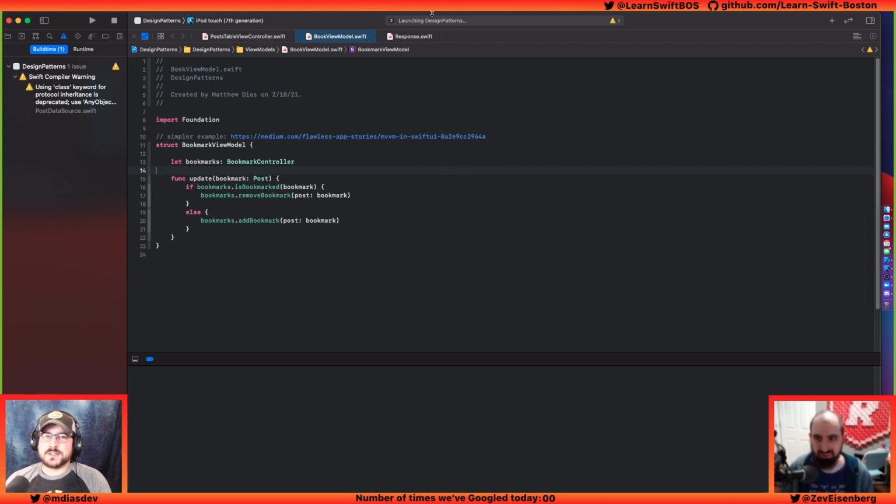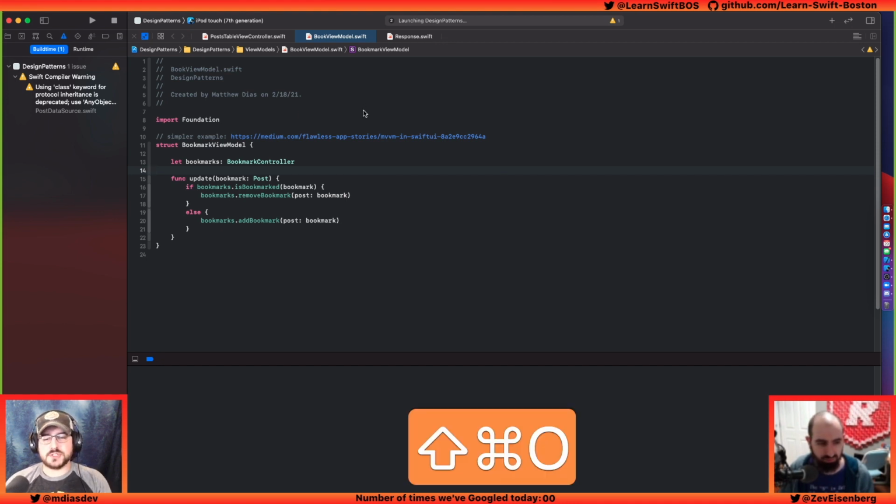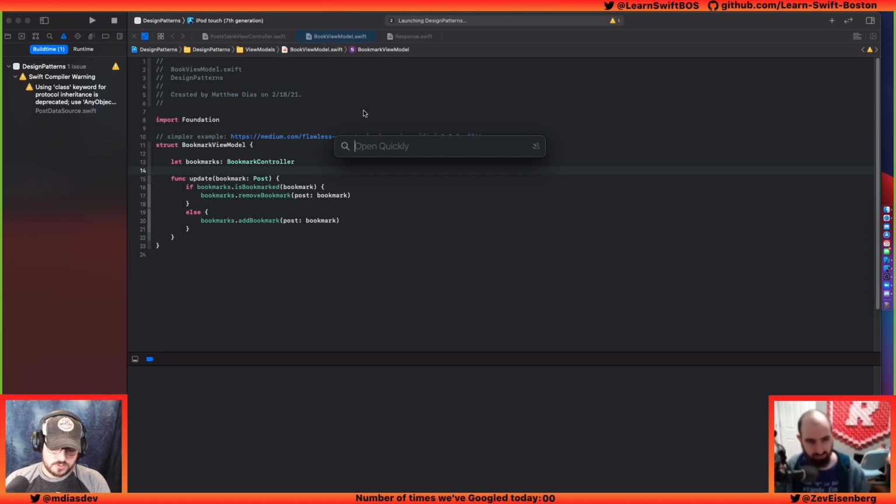Okay, so this is launching the simulator. While it's doing it, the very first thing that's actually on our list is Command-Shift-O, which is Open Quickly. Open Quickly is something I use every single day. I don't know about you, Zev. So many times. Yeah, it's a good way to, if you're not entirely sure the name of the file,